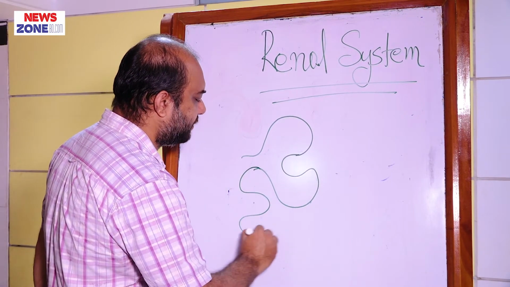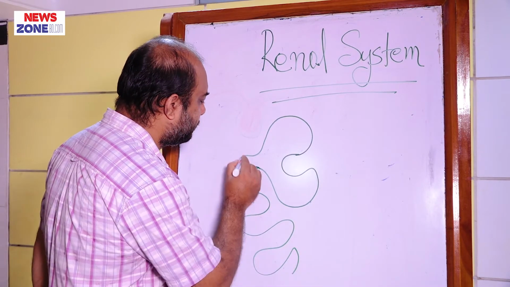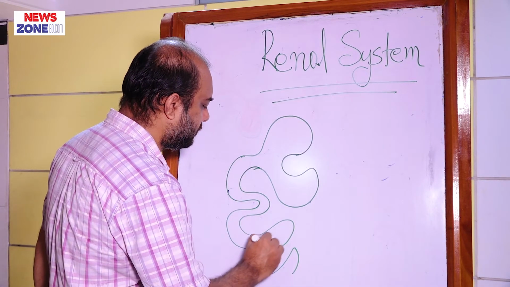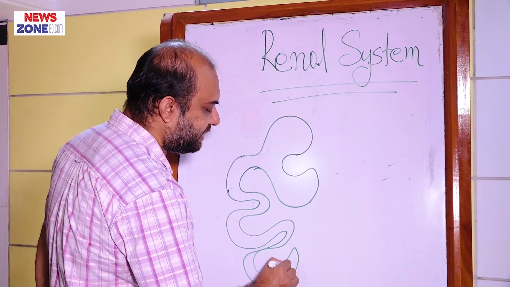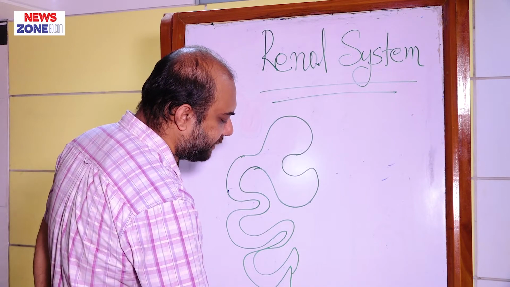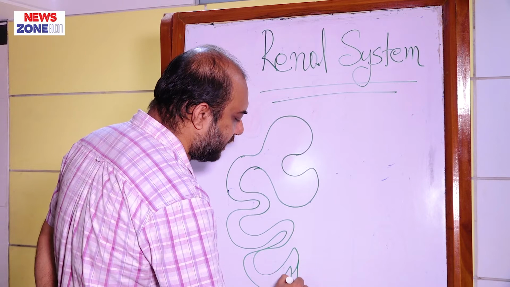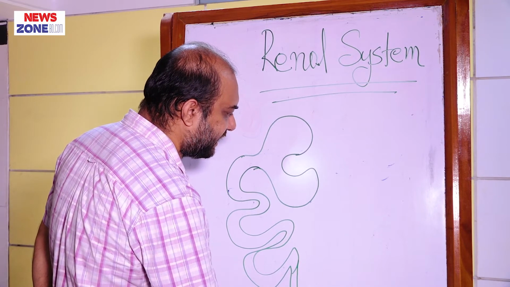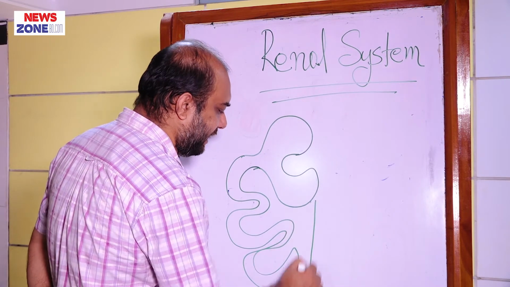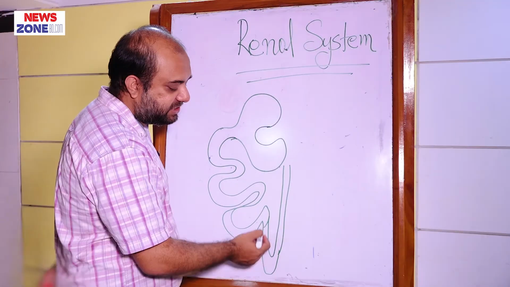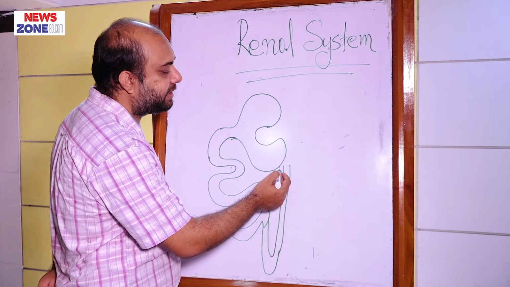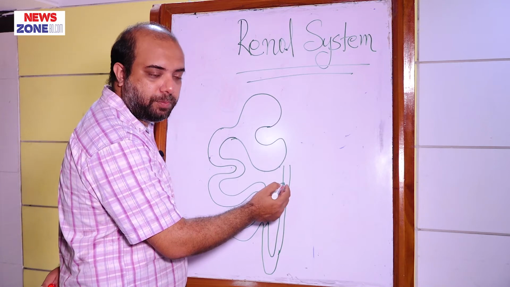This is the proximal convoluted tubule, as it is situated in the very proximal portion of the glomerulus or Bowman's capsule. This is the loop of Henle,